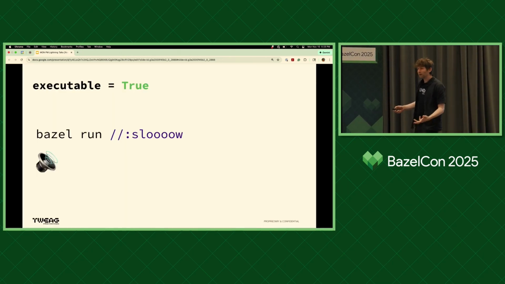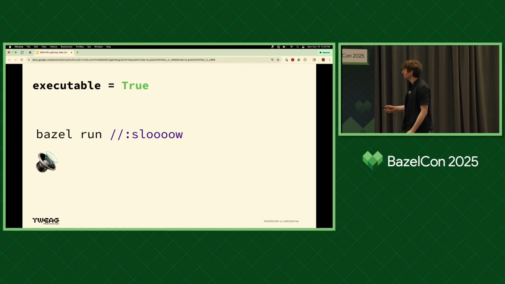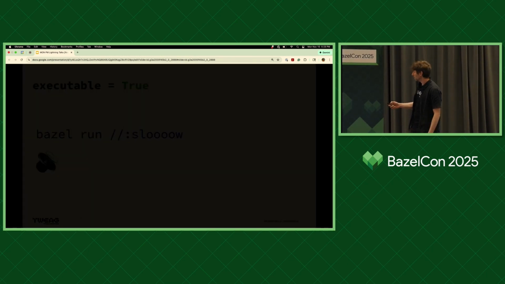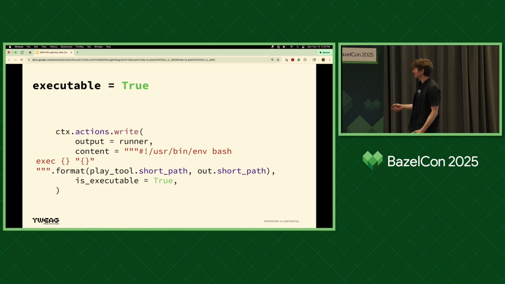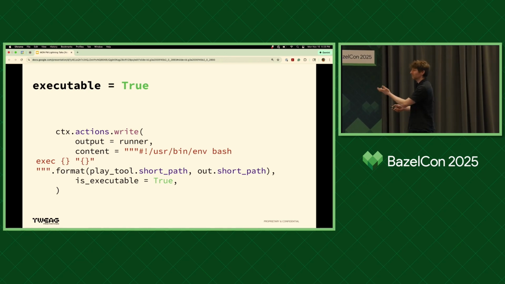And one cool thing that we're doing here is that we can make the SoX audio rule executable. So you can bazel run that audio, and it will play it on the command line. We do that just by, after doing the initial context.actions.run to build the audio file, also writing out a script that just calls play on the